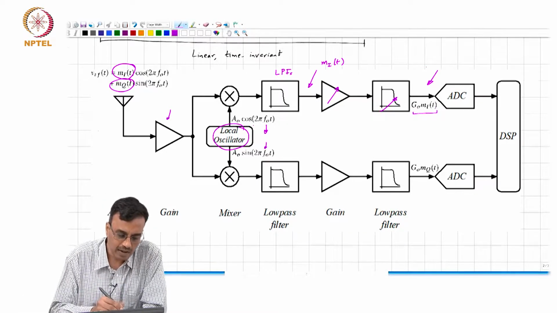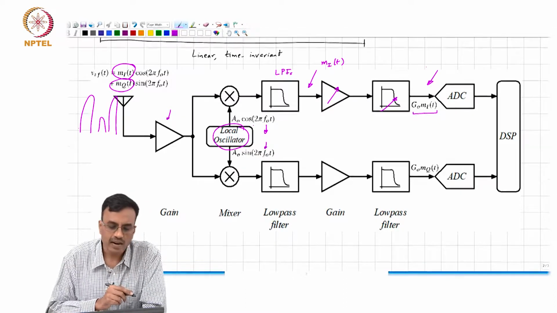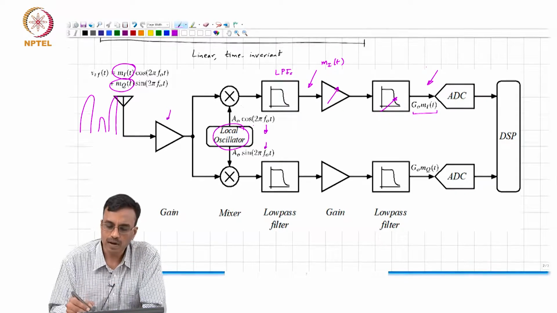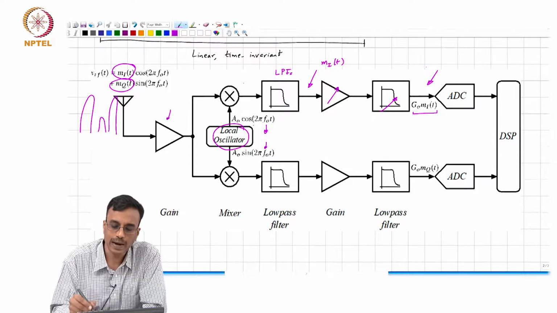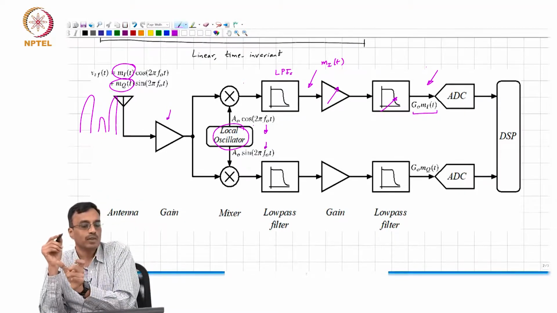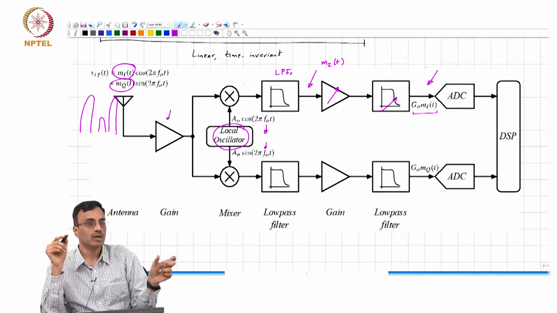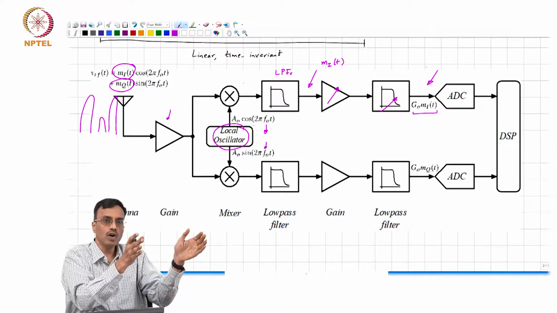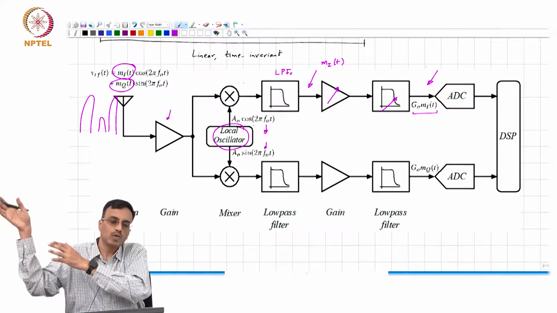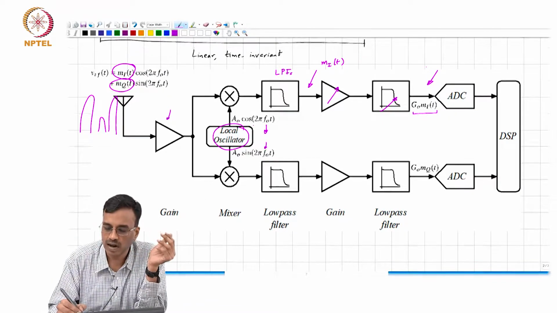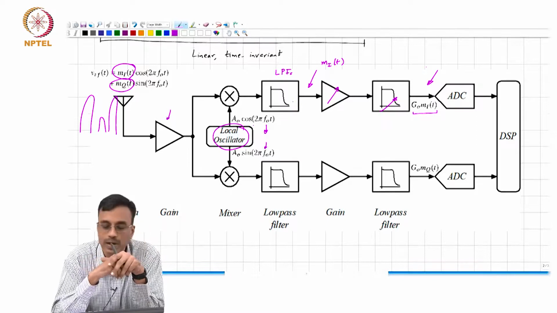Remember that the RF signal still has the desired signal and a whole bunch of interferers. Where are the interferers getting knocked off here? What is happening to the spectrum? The moment you multiply it by a cosine, the whole RF spectrum shifts: this whole thing is moved to 0, and another one is moved to 2f naught. The 2f naught anyway is gone because of the high frequency attenuation of this low pass filter.